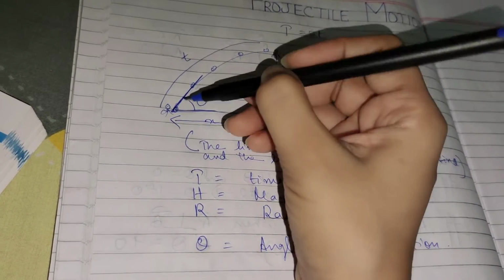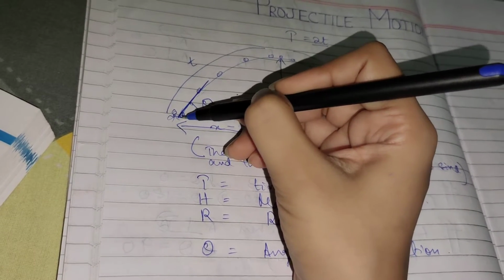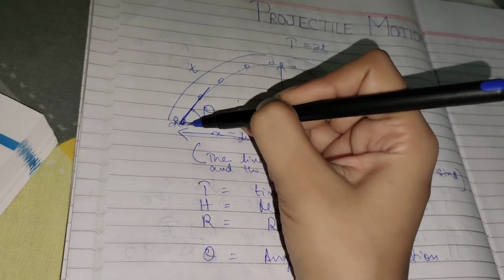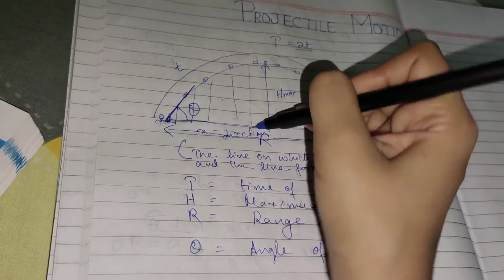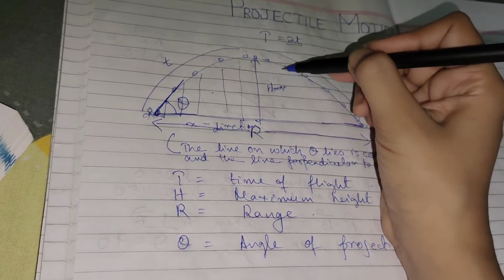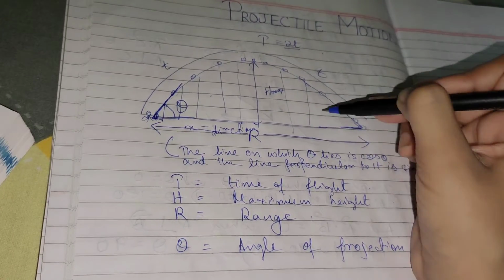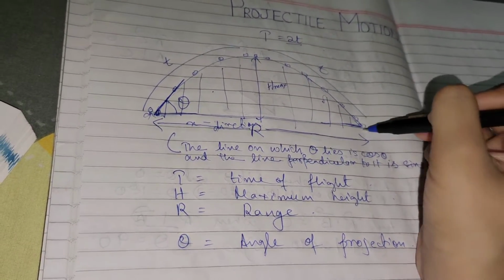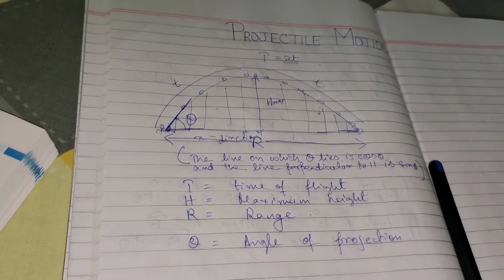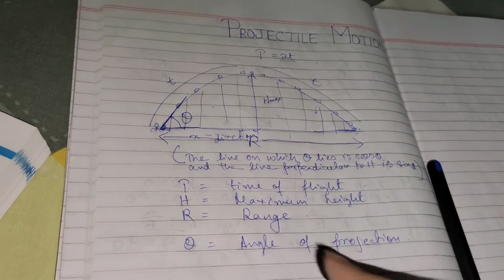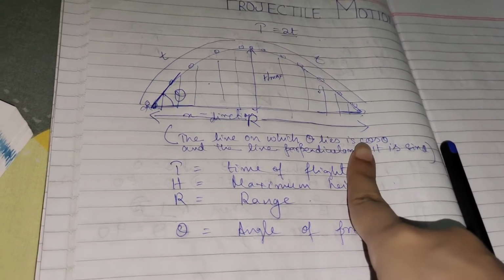Because if we see, let's have a look. Suppose the boy starts throwing the ball from here, then it reaches this height, then this height, then this. Finally, it reaches the maximum height, and then this height starts decreasing. Finally, it goes back to the ground. So you throw an object from one end, and it goes back to the same ground again.